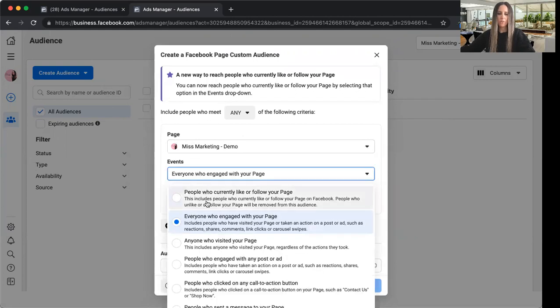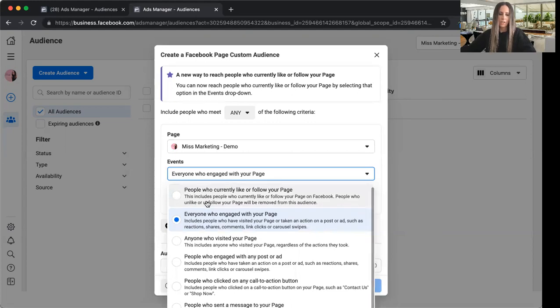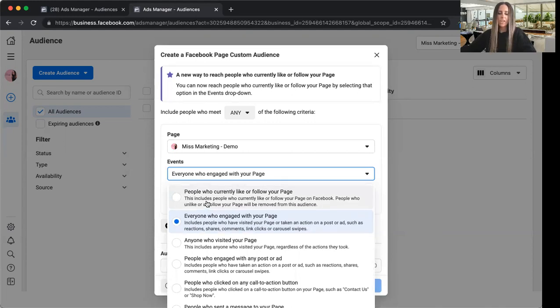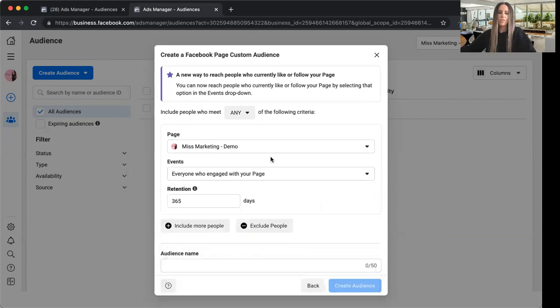Now you can go through and you'll see there's a whole bunch of different options that get more specific. So you could say people who have liked your page or followed, anyone who's visited your page, people who have engaged with any post. Now, if you're a big brand with a lot of followers and interactors, you could get more specific. But in this case, most of you are most likely small to medium businesses that are following along. So I would be looking at everyone who engaged with the page, and again, just call it something super simple